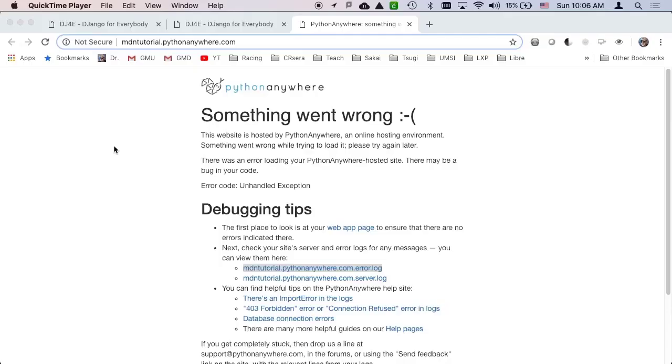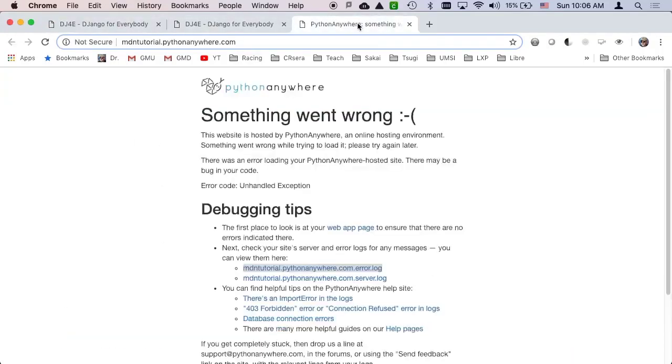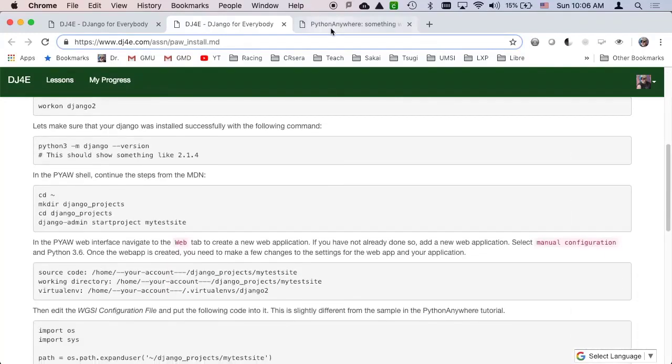Hello and welcome to a supplementary demonstration to tell you something about what happens when you see this message when you go to your website. So let's just say you're running your installation and you're cruising along and all of a sudden this happened. So I'm working on the install, so it's not too much, but basically